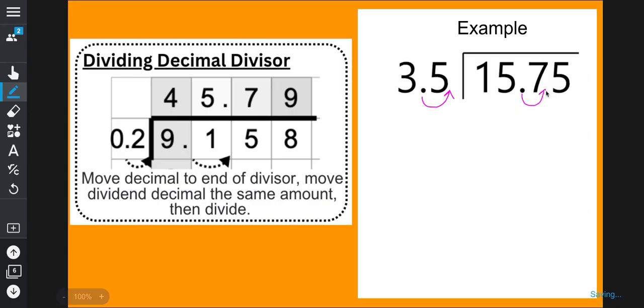So if we moved our decimal one spot to the right on the outside, we have to move it one spot to the right on the inside also. So our decimals go into different spots. So we now have the problem of 35, and that's a good number to divide by. We can do that. Divided by,